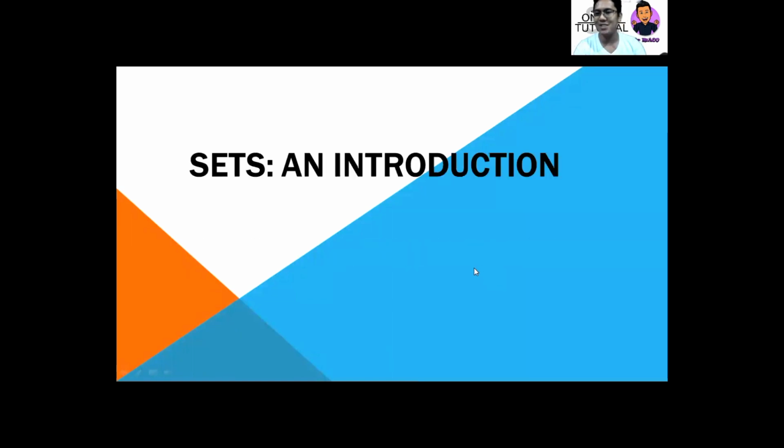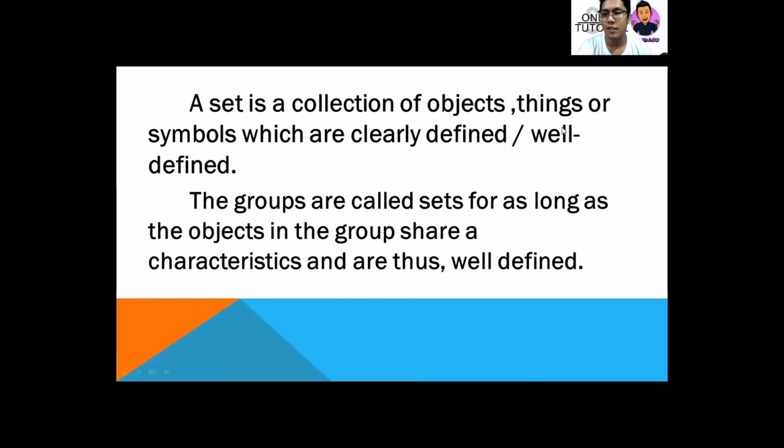Okay, so our topic for today is the introduction of sets. So let us first define what is a set. A set is a collection of objects, things, or symbols which are clearly defined or well defined. The groups are called sets for as long as the objects in the group share a characteristic and are thus well defined. For example, if we have the ruler,